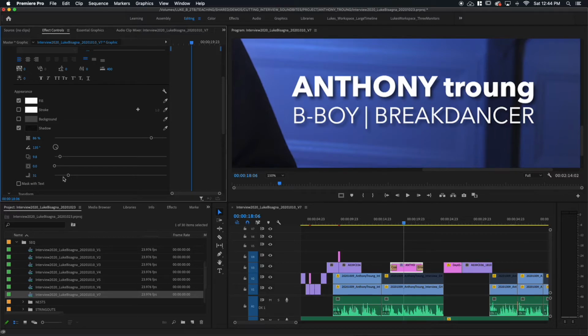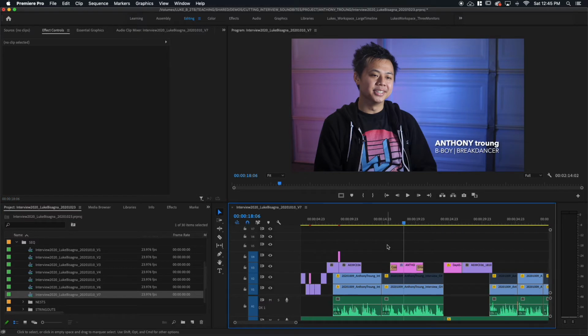And then the softness of it, how sharp that shadow is. As I reduce that, you can see the shadow has a nice, crisp, sharp edge to it, which a lot of the time can actually be distracting. So I like to soften it so that it kind of fades off of the letters just a little bit. I'm going to go with about 30 on this. And there you have it, a nice, soft shadow that helps to set that text apart from the background. I'm going to go back to my fit view here, and that's something I want you guys to consider using on your text as well.